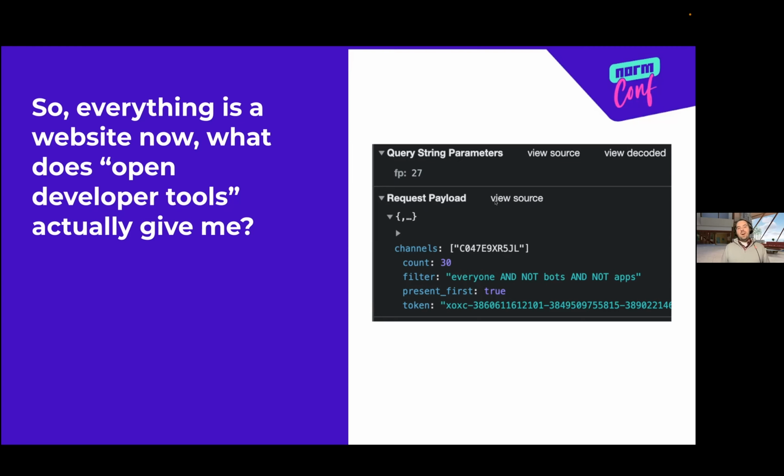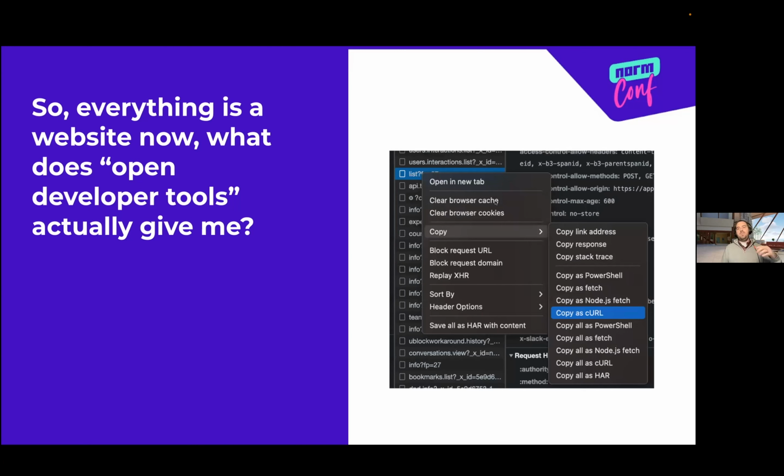And I now not only see that this request was made and have the ability to see the parameters that were passed, but Developer Tools gives me this very wonderful thing, which is I can copy it. Not just copy the URL, but copy all of the details behind it so that I could replay that. In my terminal, I can run a curl command to rerun that exact query with all of the cookies and everything set so that it just works until my token expires. But for now, I could rerun that and get that data out as a curl command.